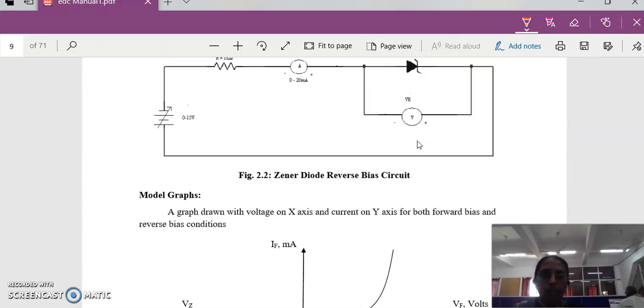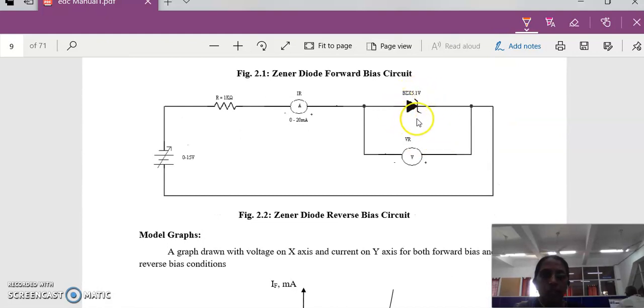The basic application of this Zener diode is that if you apply the maximum voltage, it will not fail, the diode will not be damaged. As you see in the PN junction diode, if you increase the voltage, the diode may be damaged.